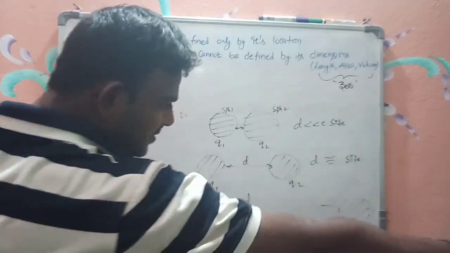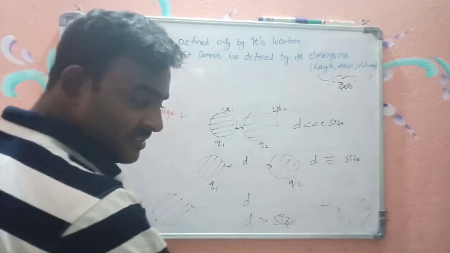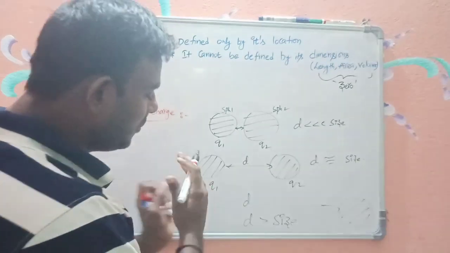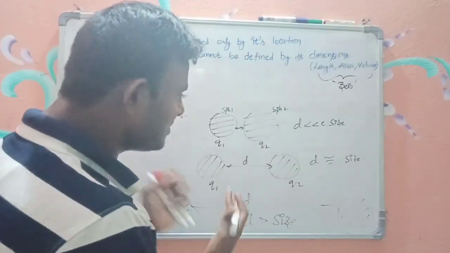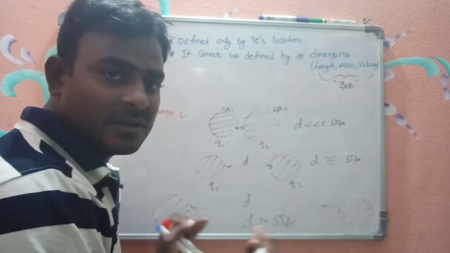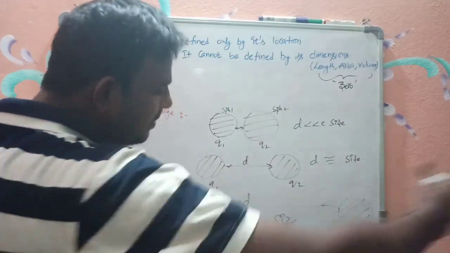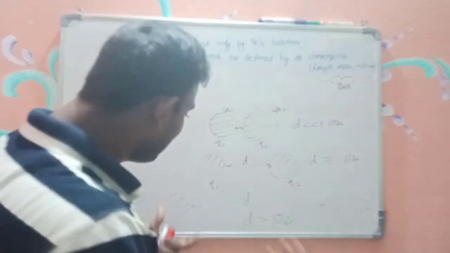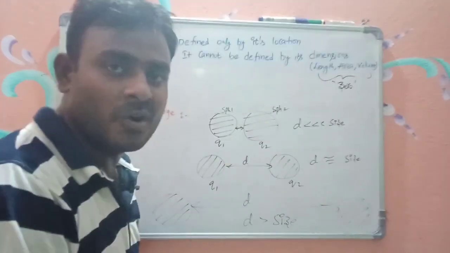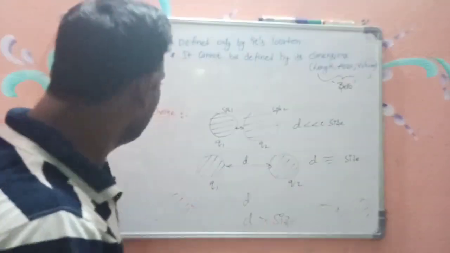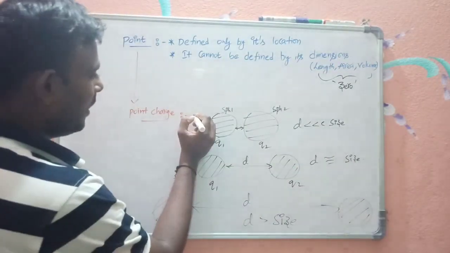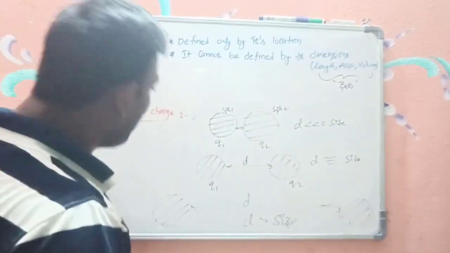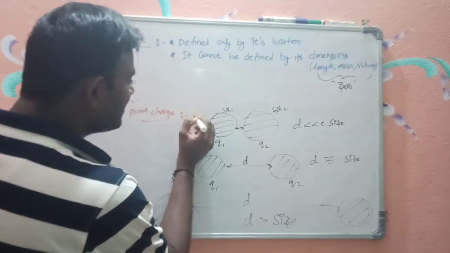So this applies not only to regular shapes; the charged objects may be of any shape. When the distance between the two charged objects is very much greater when compared to the sizes of the charged bodies, then we can consider such charged bodies as point charges. Okay, so this is one more way of understanding what is meant by a point charge,